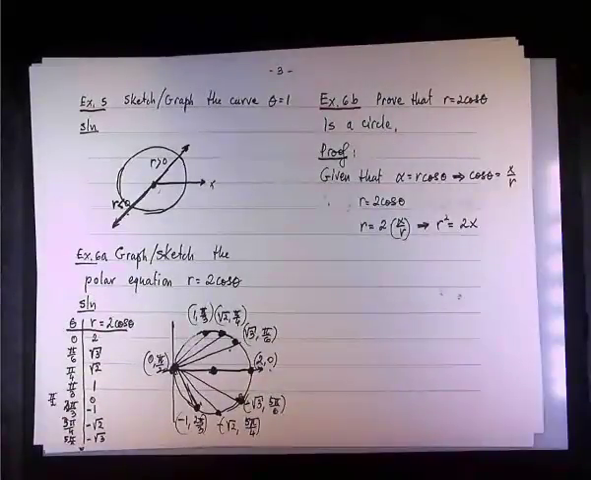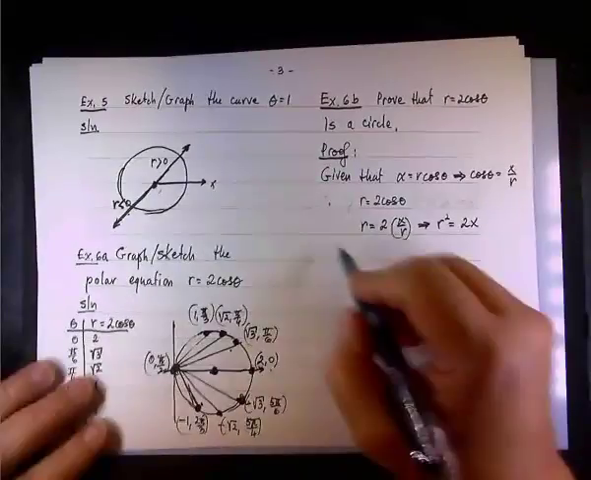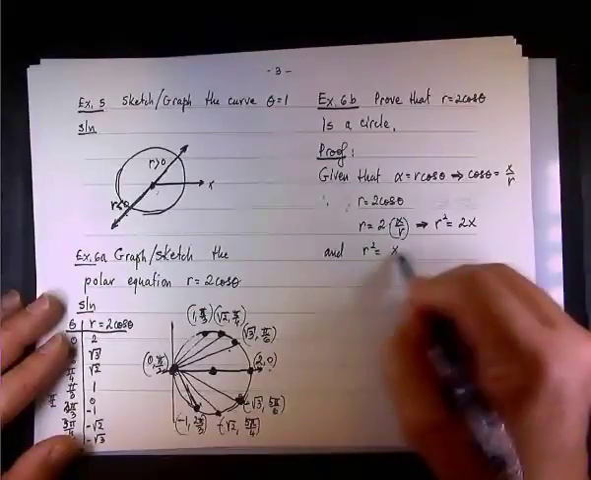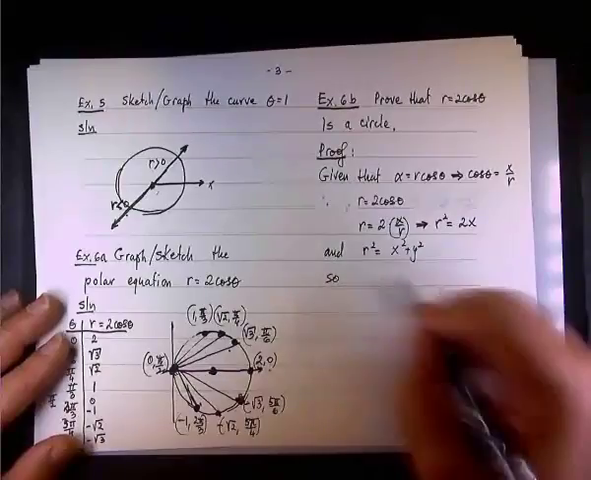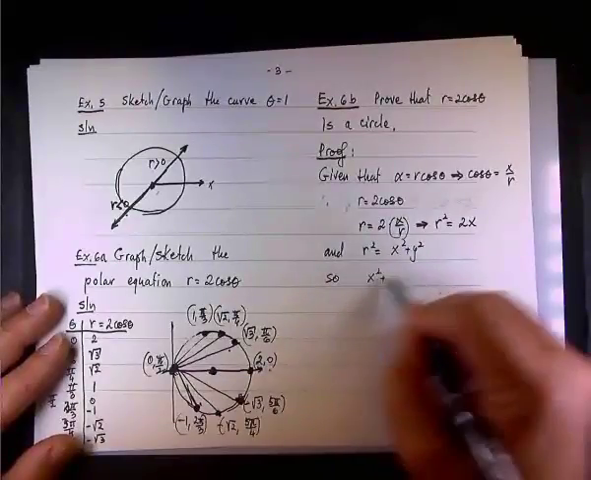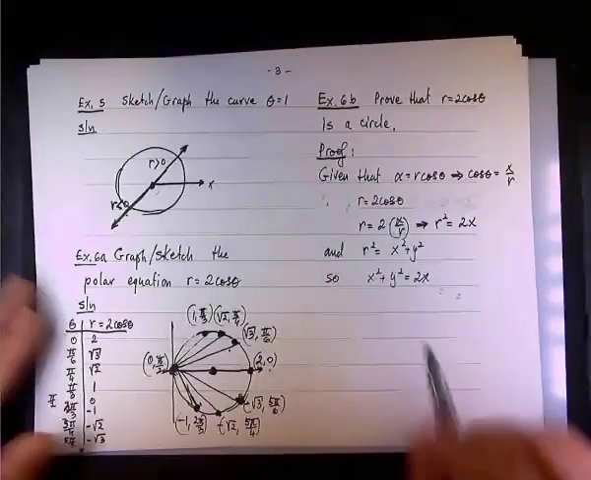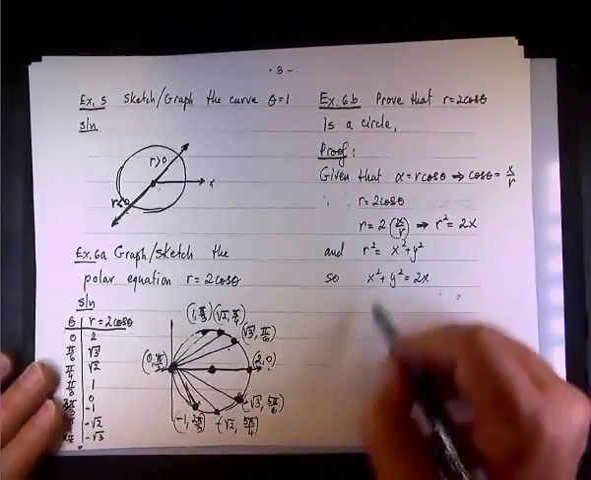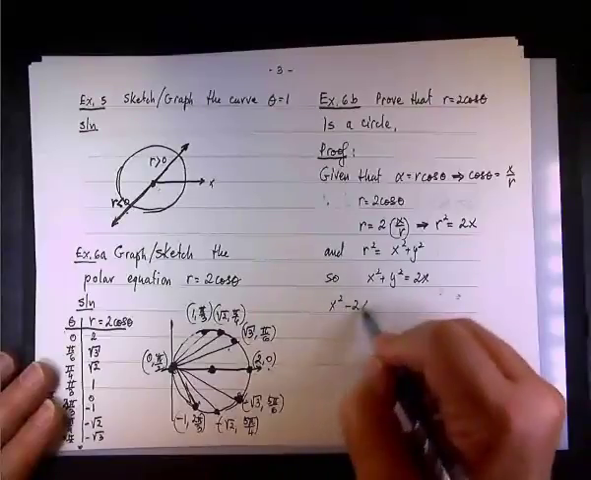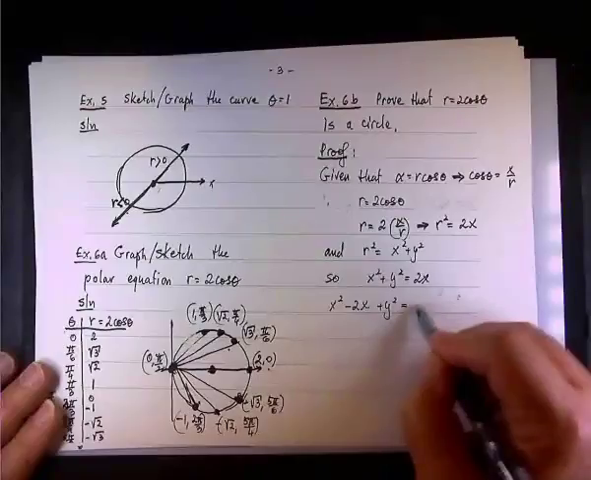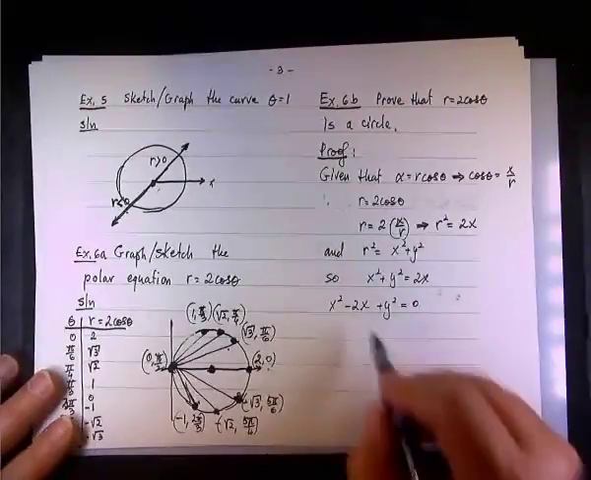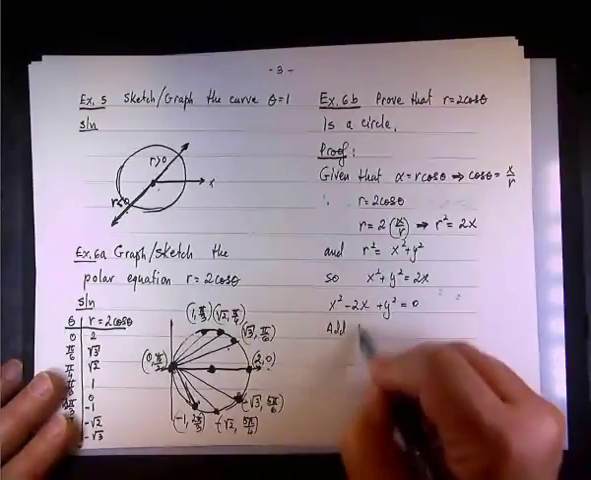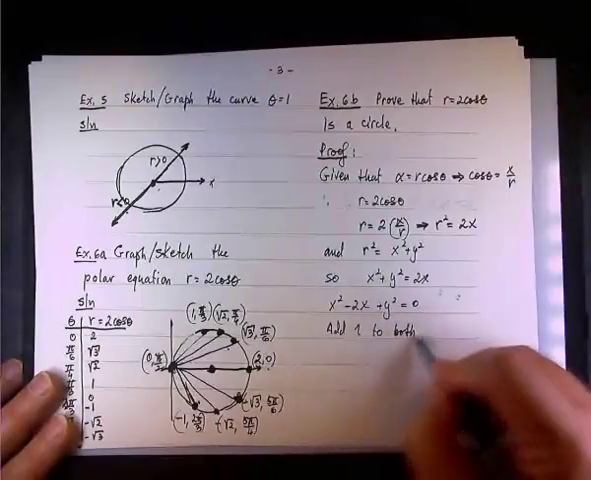Now, what is r squared? Come on, folks, talk to me. When we do the conversion, how do we convert r squared? So x squared plus y squared equals 2x. But we are not done yet, because if we write x squared minus 2x plus y squared equals 0, and now